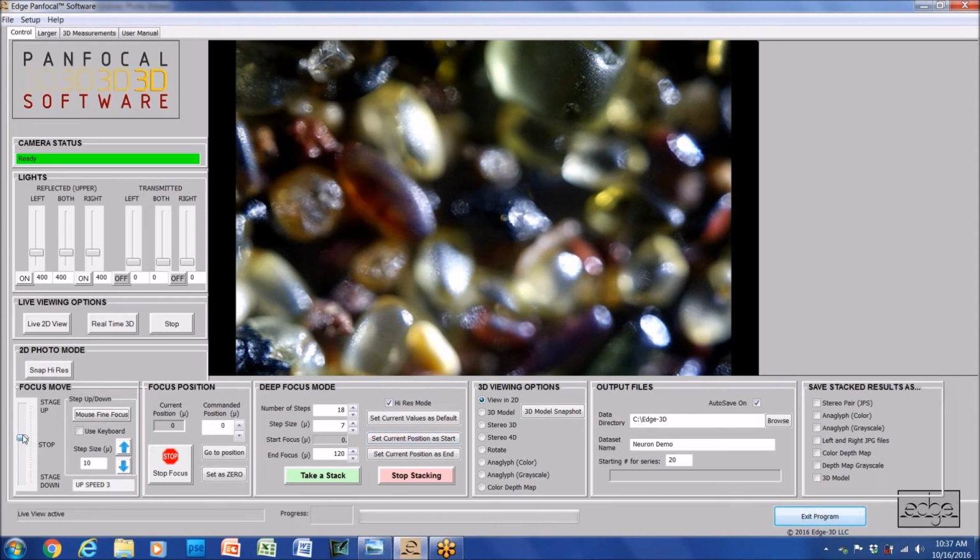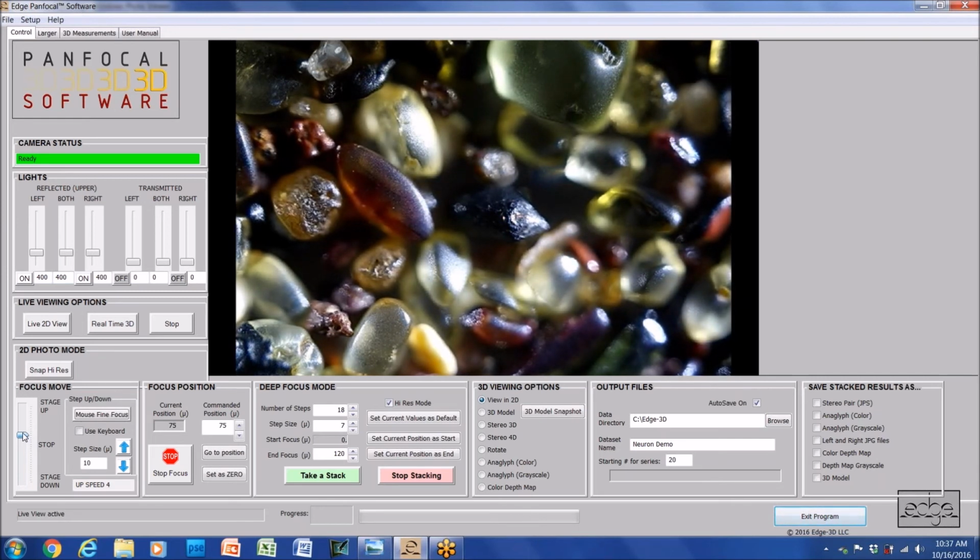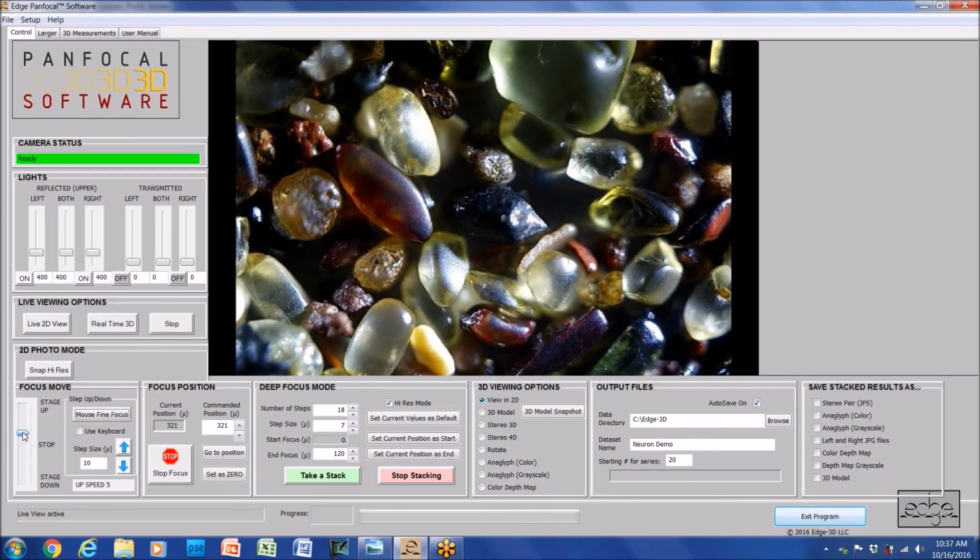But I'm going to raise the stage till I get deeper into these sand grains. So I'm raising the stage. You're seeing the focus go through, and I'm going to probably set that right about there. Now I'm in the background here, and those are in focus, so I'm going to set that as the current end position. So that was 400 and almost 500 micrometers. We're using a low power, a 4x lens right now, so we're going to look at 40 micron steps, and now we're going to name it